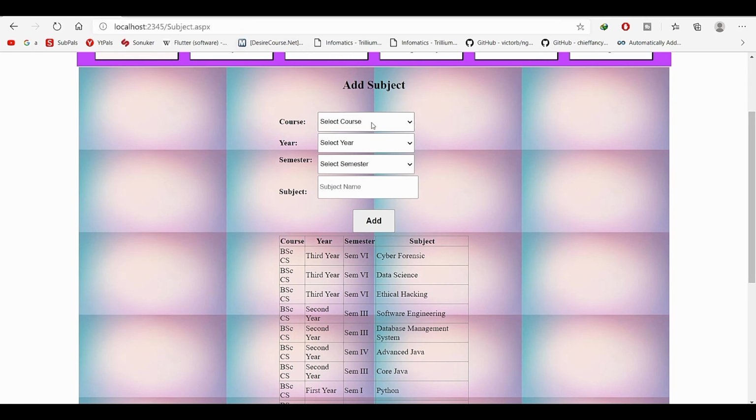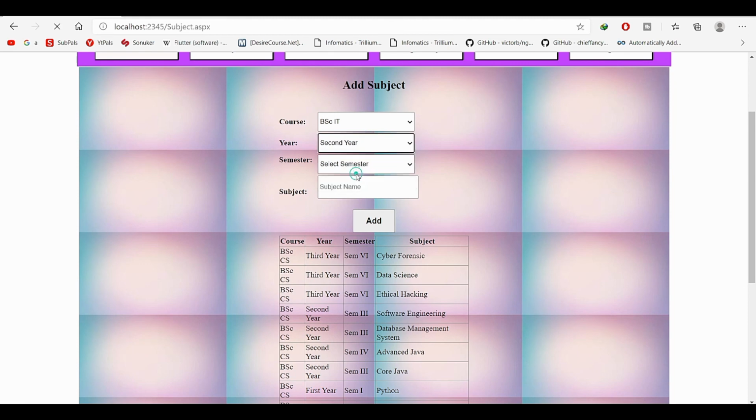Now the page has been loaded. You can see that at the start it is in its initial state, that is select course, select year, select subject. This is the initial state of the drop down lists.